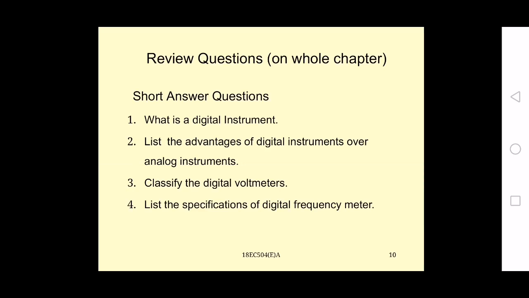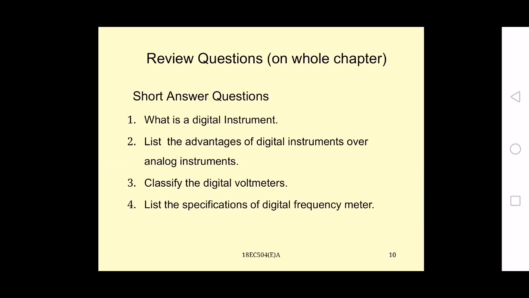And the next topic in this chapter is the digital voltmeters. We are calling them DVMs. A DVM is a versatile, compact and accurate measurement instrument for measuring voltages in digital form. That is, we are converting the analog voltage into digital voltage by the A to D converter and the display. So based on that, how digital voltmeters measure the values, how they are converting the analog values into the digital values.